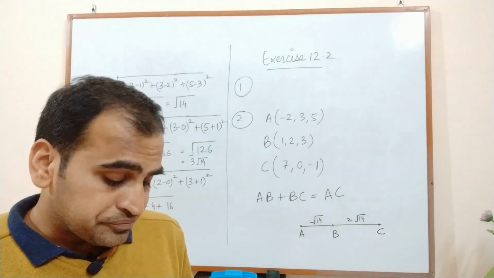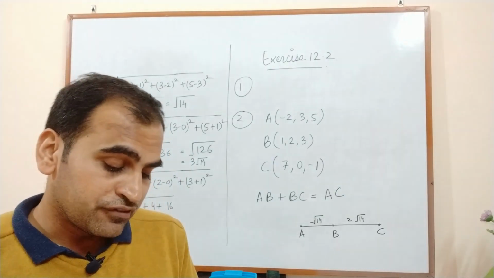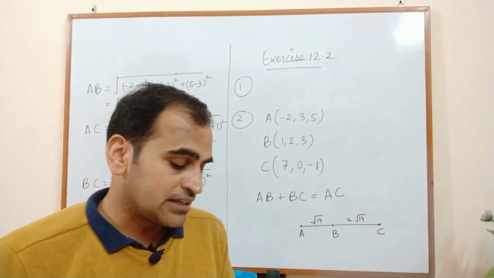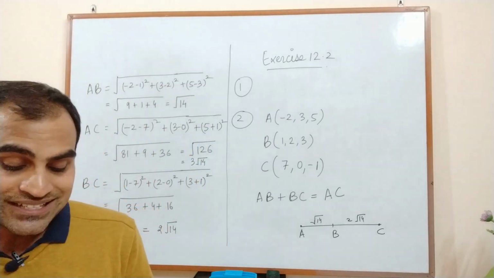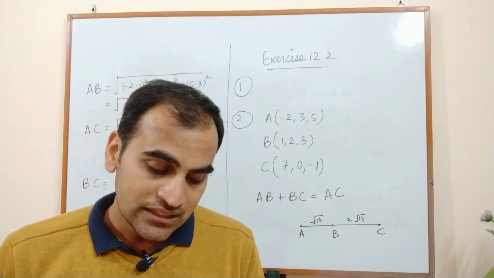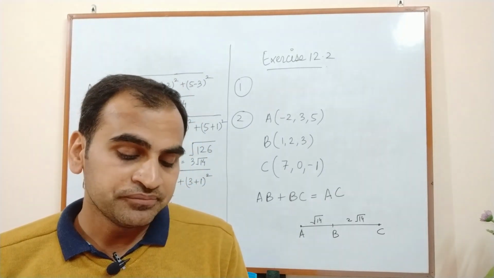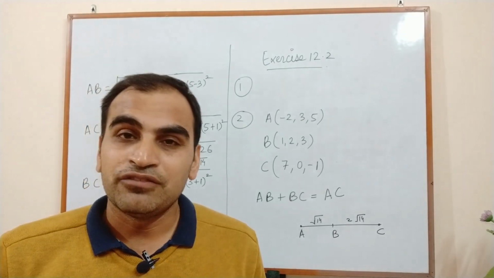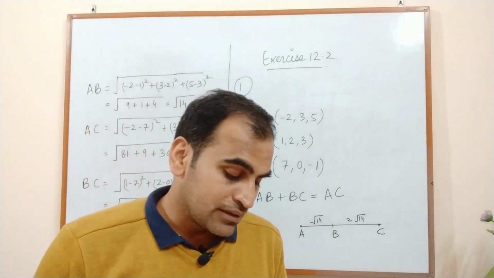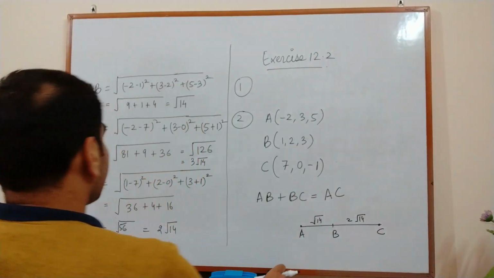Question number 3, verify the following. Okay, so the first part is, again we have 3 points and we have to check whether these points are vertices of an isosceles triangle. So you can calculate the distances between the points. There must be 2 distances that are the same. For the right angle triangle, we can apply the Pythagoras theorem, which we have already discussed. Vertices of a parallelogram. Okay.